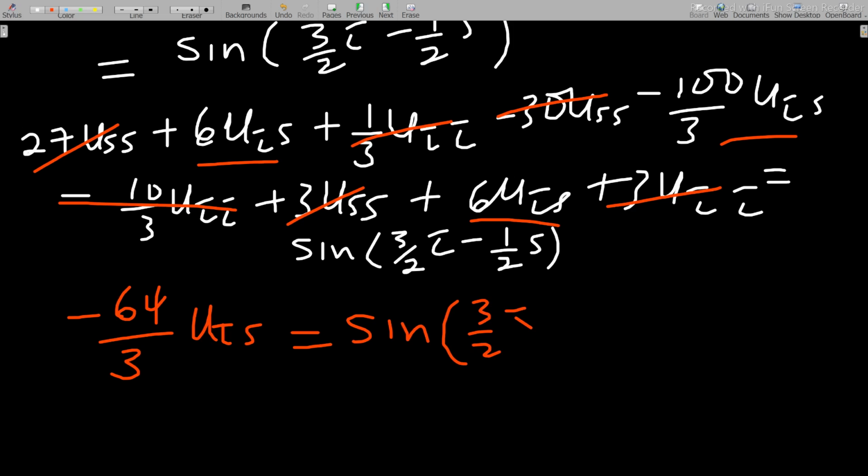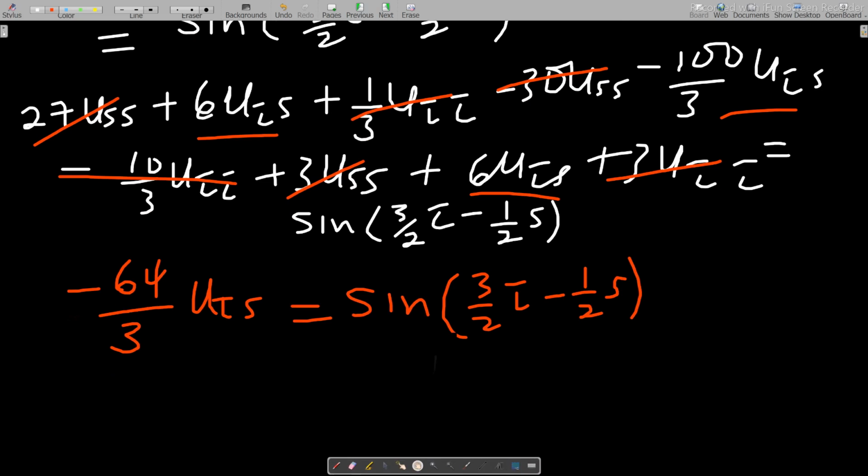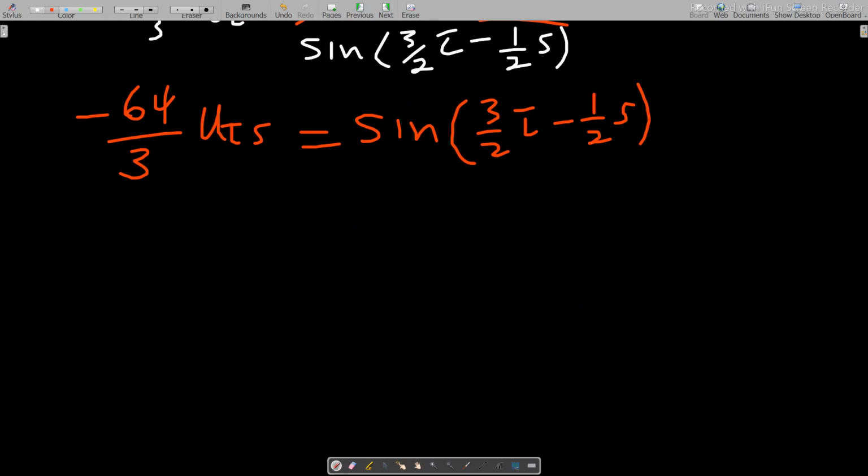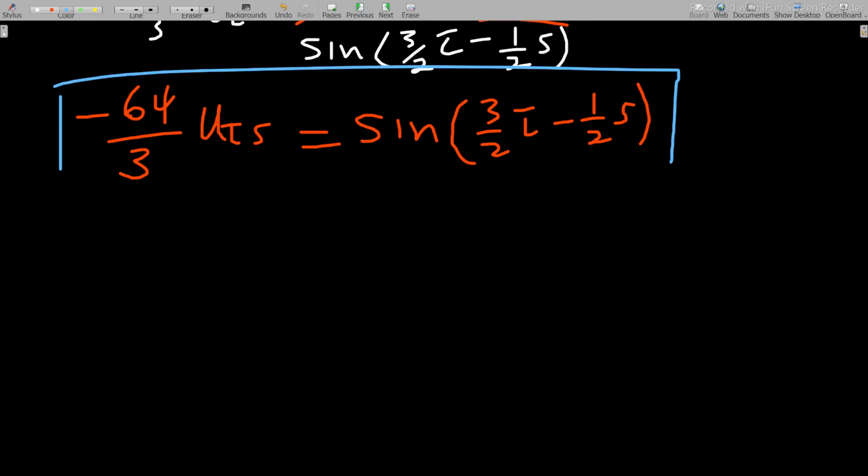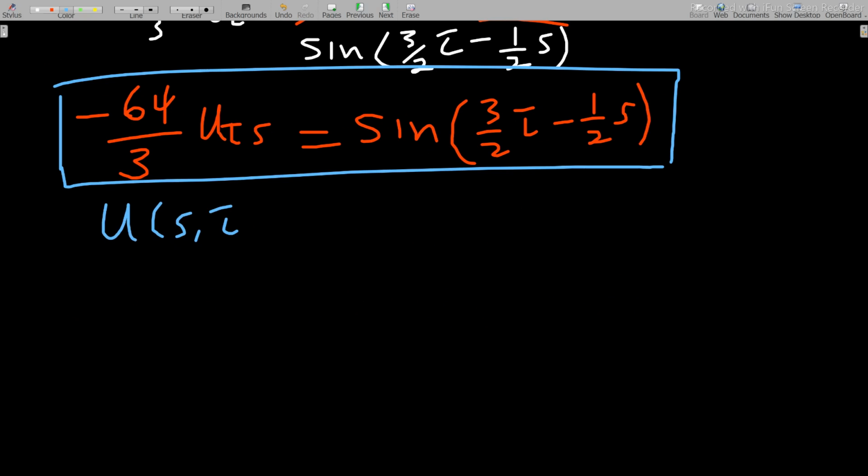Okay, tau here minus 1 over 2s. This has become very simple for us to solve. Okay, so this is a PDE that you want to solve. And with this PDE we have non-homogeneous, and with the non-homogeneous I said that if you have something like this, you can break it into two: u homogeneous, u particular. Okay, so your u of s comma tau should be equal to the solution you get homogeneous plus the solution